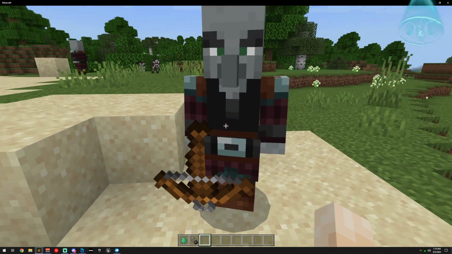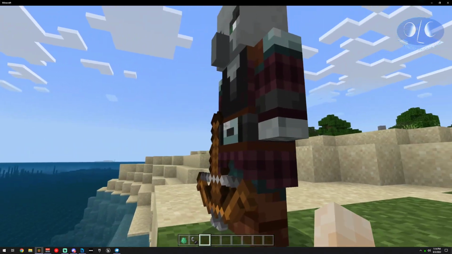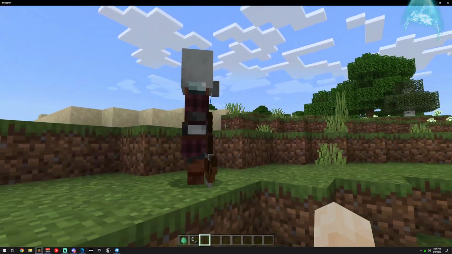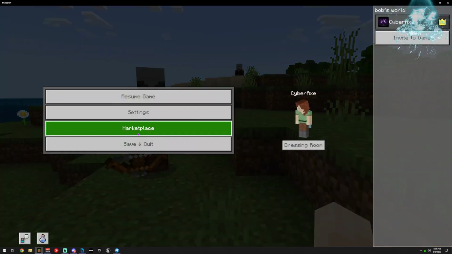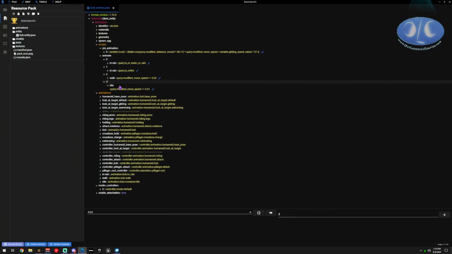There you go. Yeah, so you see his arms are moving. He's breathing as well. So you see he's got his breathing movement, and his head's got a little bit of wobble. So the only thing we need to fix is just the walk speed could be better. And to do that, we would do...